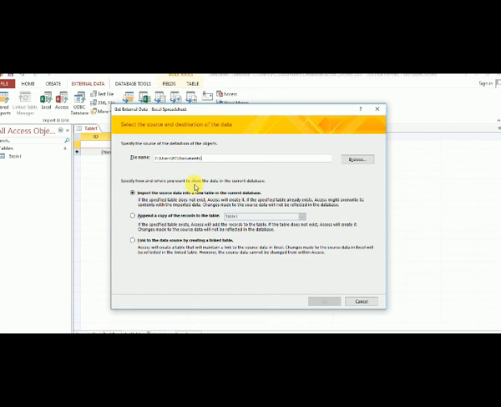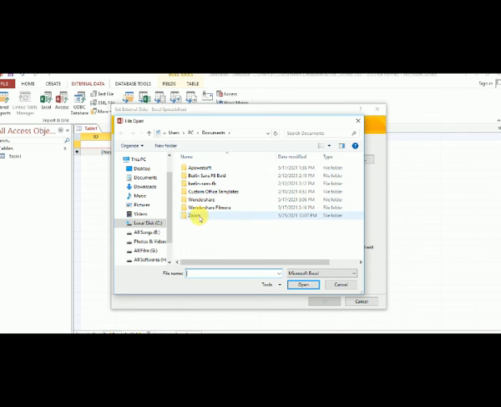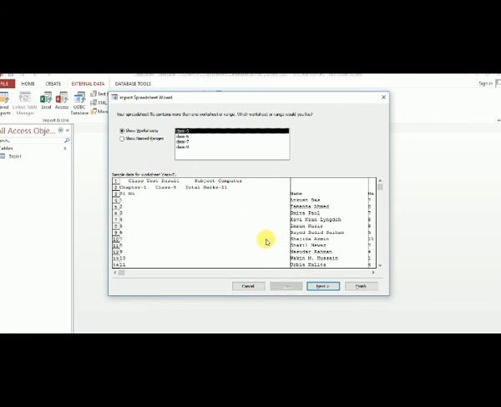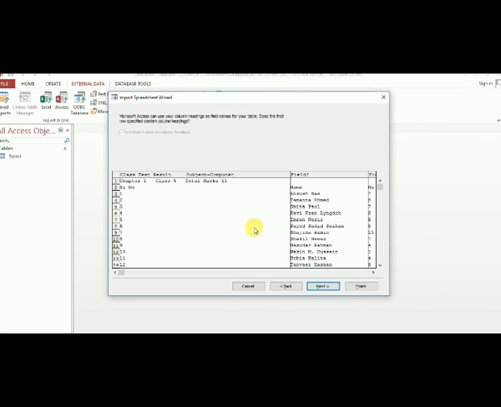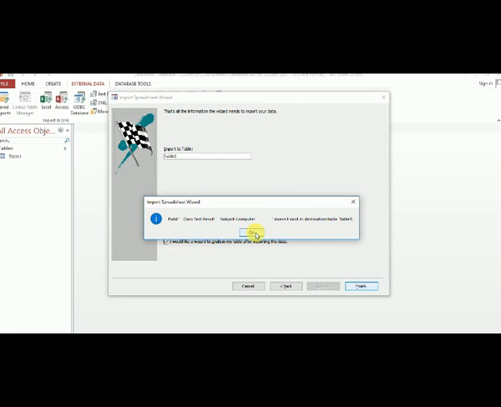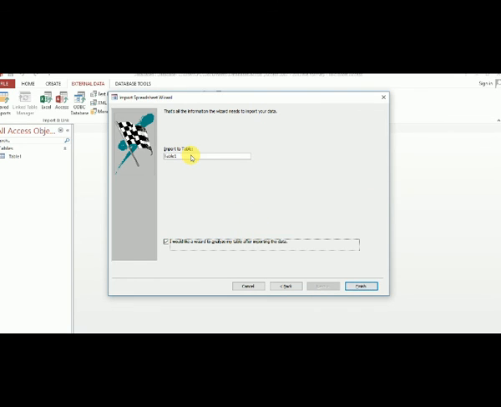Import: select the file name, select the source and destination of the data, and run the copy of the table.